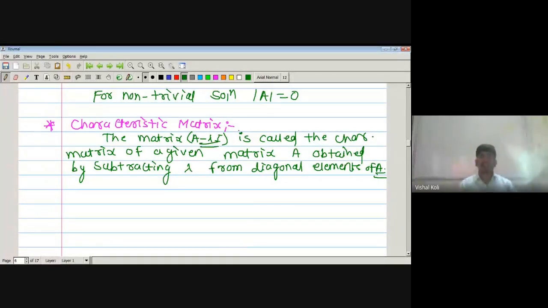That is, this matrix A minus lambda I is called the characteristic matrix. Next will be